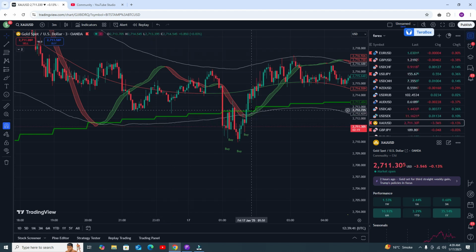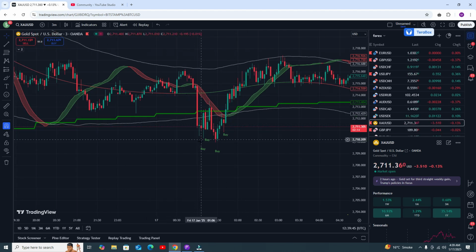Then you need to go for the buy trade from this candle, because here you can see there are a lot of signals like this, but these are not confirmation signals. Our trade starts from this candle, because this candle closes inside the RSI. So this is our confirmation, where we need to open our trade. And we need to book the profit when any candle touches the upper band line. That's it.